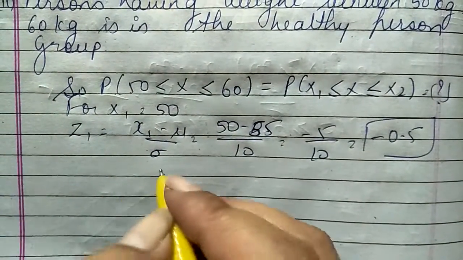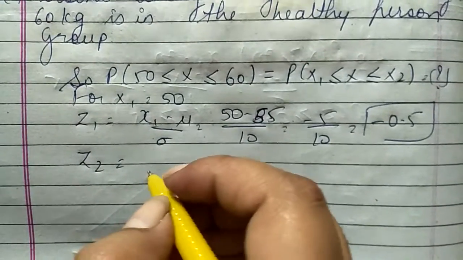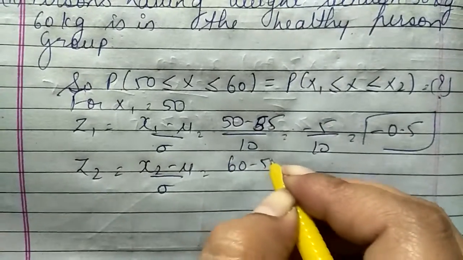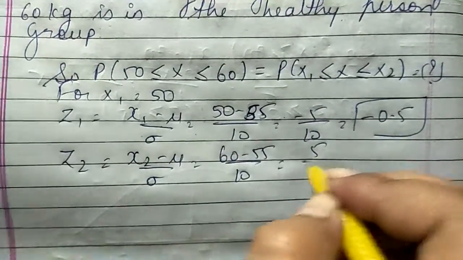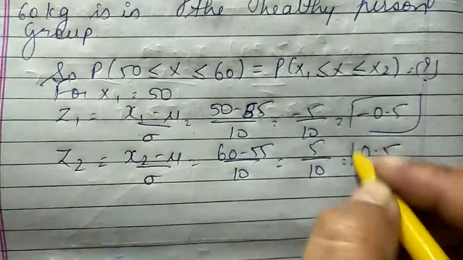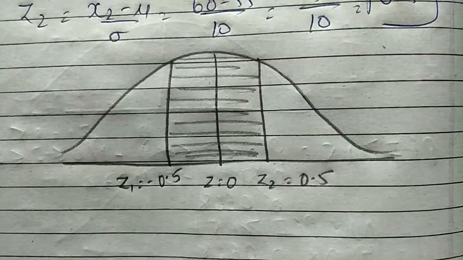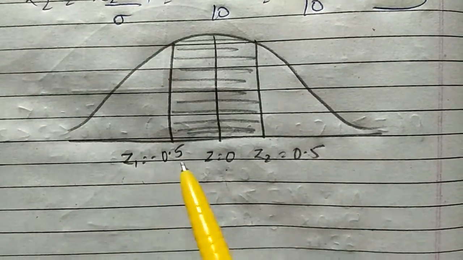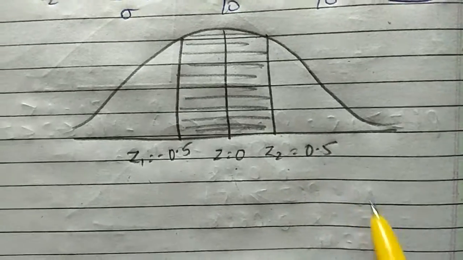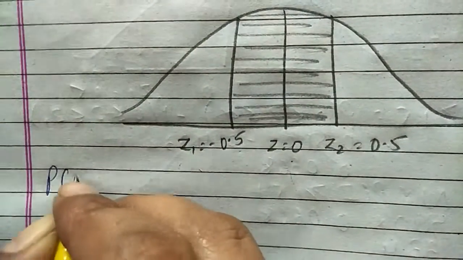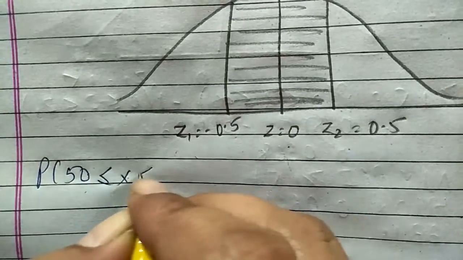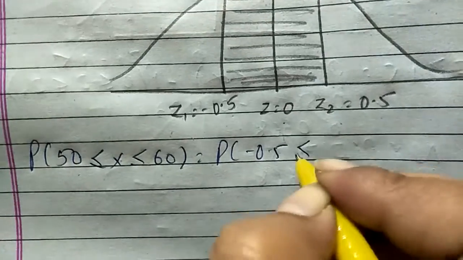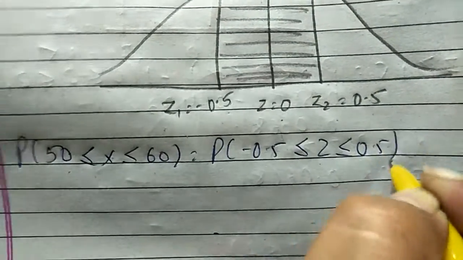So for x2 equal to 60, we will find the z2 value. z2 is equal to (x2 minus mu) upon sigma, (60 minus 55) upon 10, that gives us 5 upon 10. Answer comes to 0.5. Okay, so here I have made the diagram for the same. z equal to 0, z1 equal to minus 0.5, z2 equal to 0.5. Okay, so now P(50 ≤ x ≤ 60) is P(minus 0.5 ≤ z ≤ 0.5),